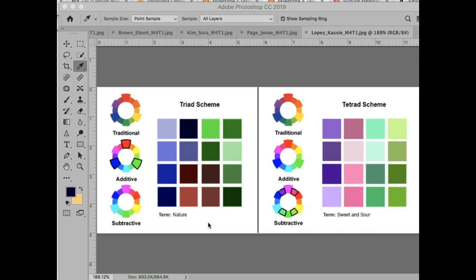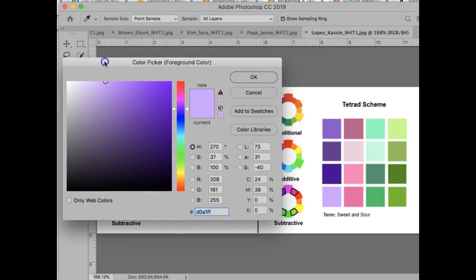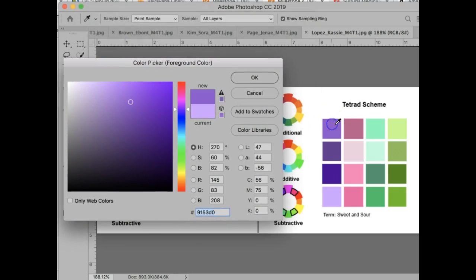And then for the tetrad, yeah, this looks really good too. So you have sweet and sour. I like this really comes through here. I'm thinking sweet and sour candies maybe, or it has that reference maybe to candies, and I definitely get that sense from your palette. So you've got these purples here, and then you're working with the magenta color here, which is great. Yeah, it's amazing how that's a really,